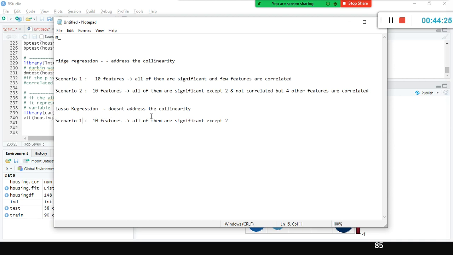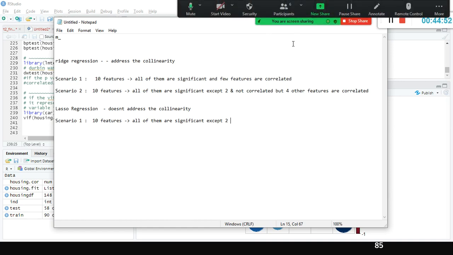What it does is it removes the remaining 2 features. Blindly it will not remove; I will tell you how it removes. It will keep only the 8 features in the model. For the remaining 2 features, it will simply assign a value for the slope somewhat closer to 0, a very small, minimal value.